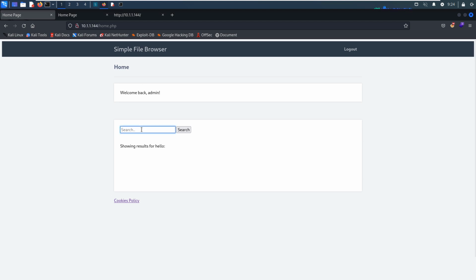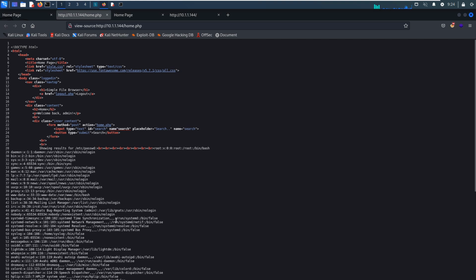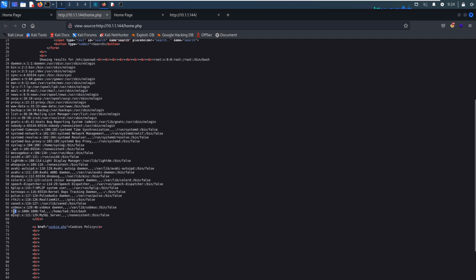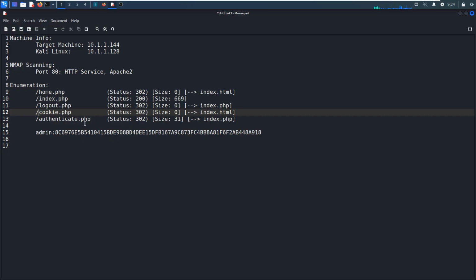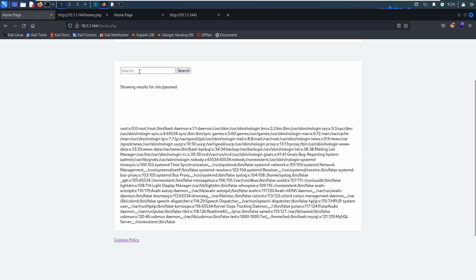For example, we can try to access the password file. As you can see, we successfully retrieved the password file. And from this file, we can get to know the username information, Ted. So the username is Ted, okay? So far, we have already identified the local file inclusion vulnerability. Of course, this is an authenticated local file inclusion vulnerability. But the question is how to exploit this file inclusion vulnerability.